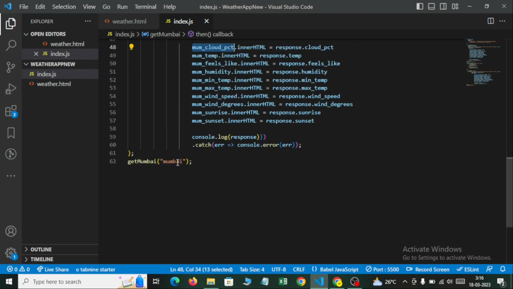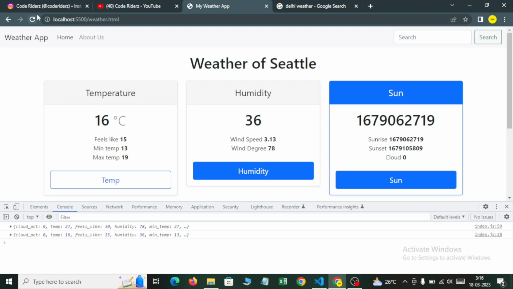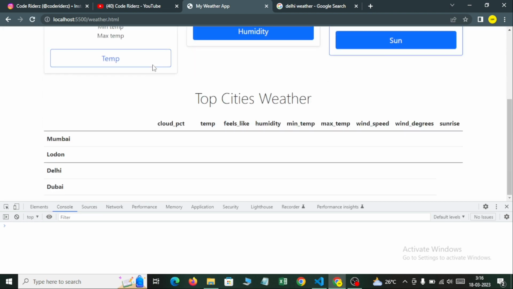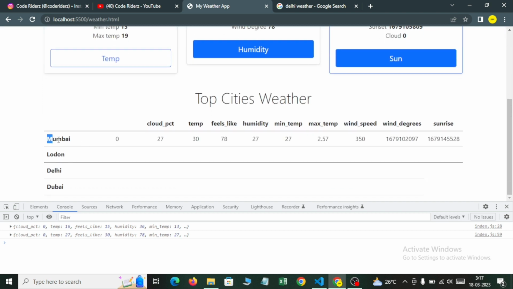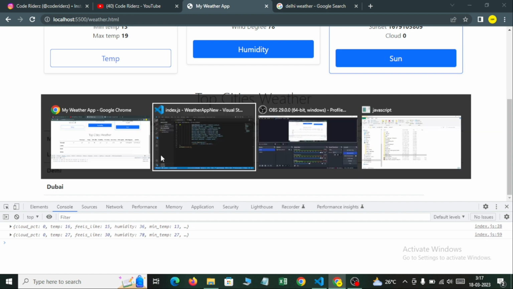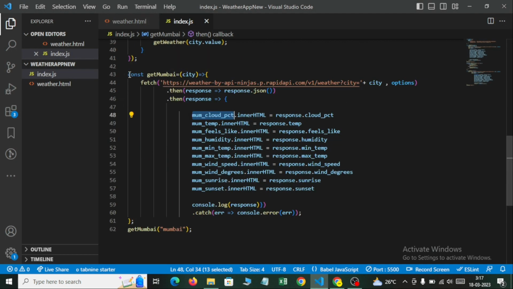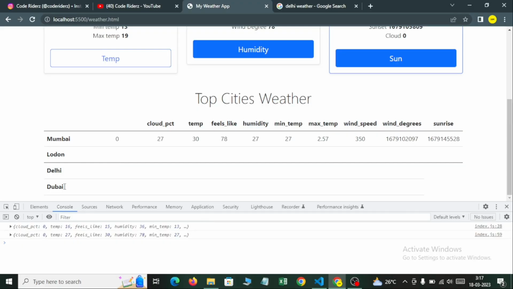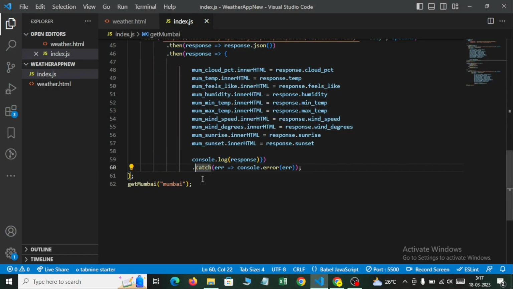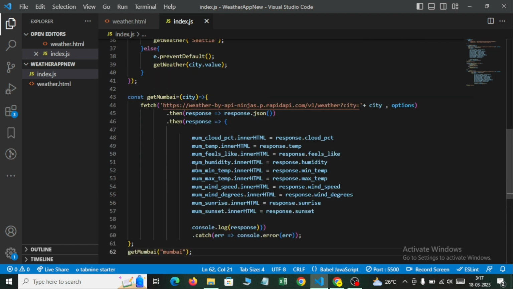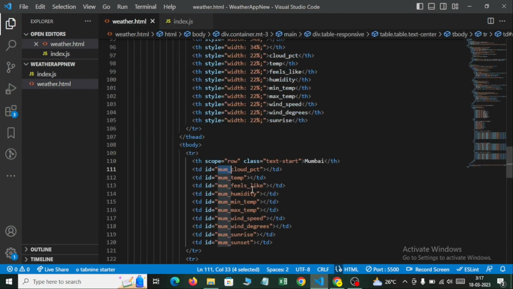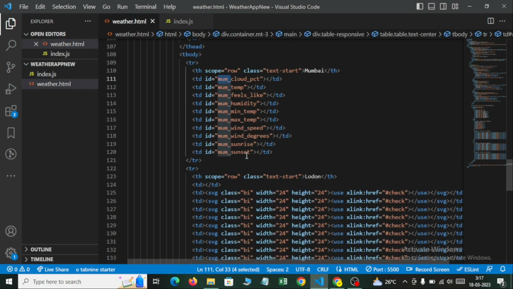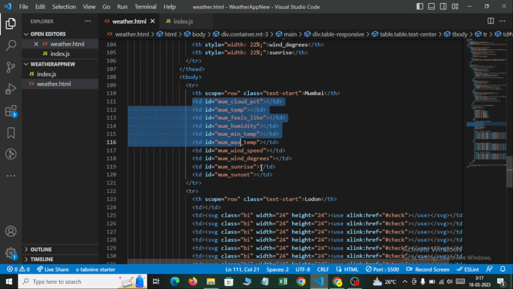Just paste here Mumbai and show you the output. So here this weather is of Seattle and this top city weather is of Mumbai. So you can also do the same thing. You can create one more function for London, Delhi, Dubai, and you can again create this function and change this ID. You only have to change this ID here, this section. So I will show you one more. So just copy this part